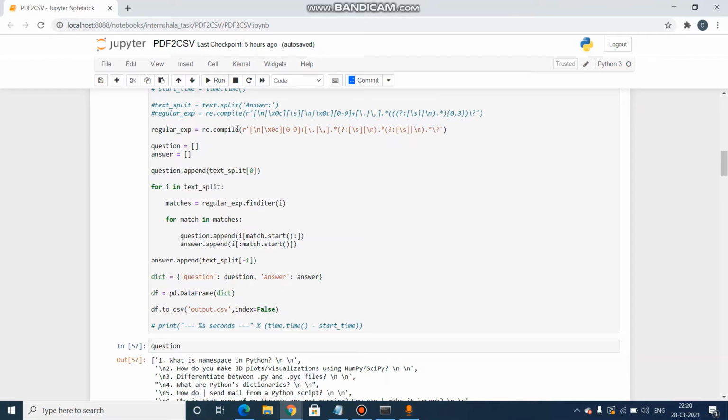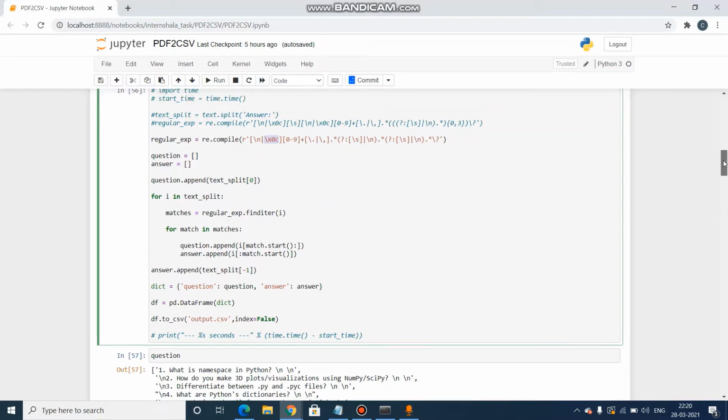Then we have to use one regular expression. I have created this regular expression based on the PDF that I have. The first part checks whether there is a new line or form feed at the start of a string.